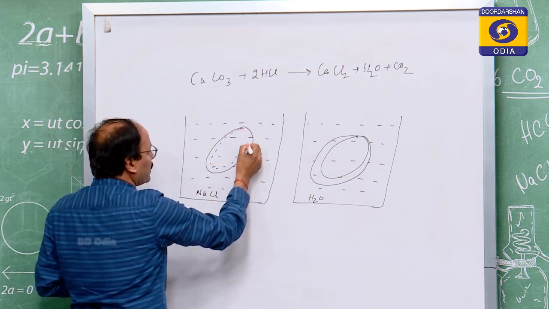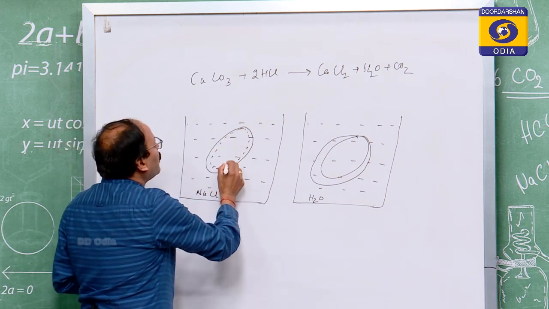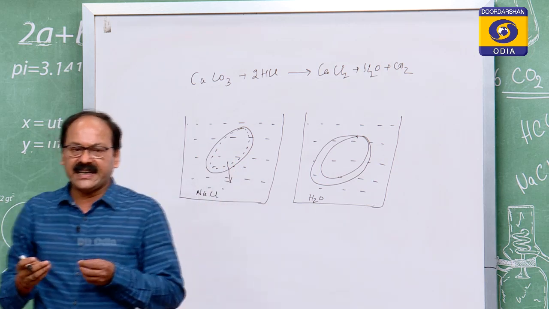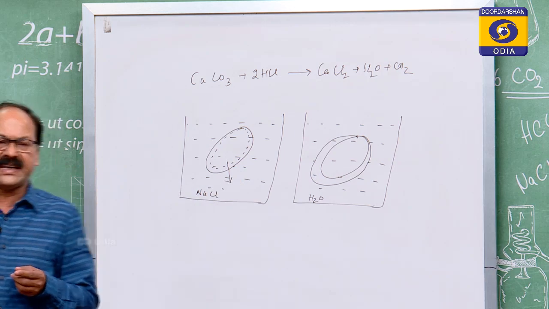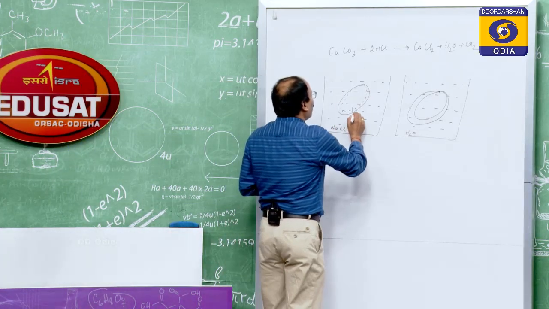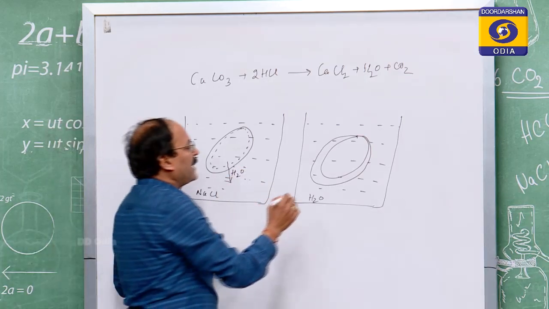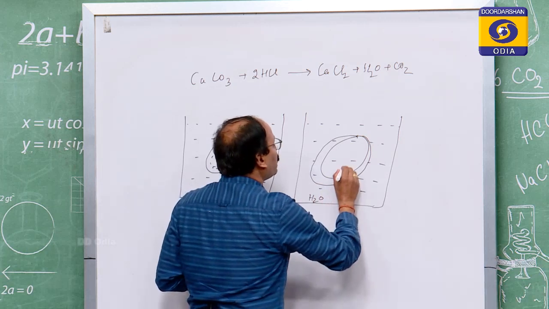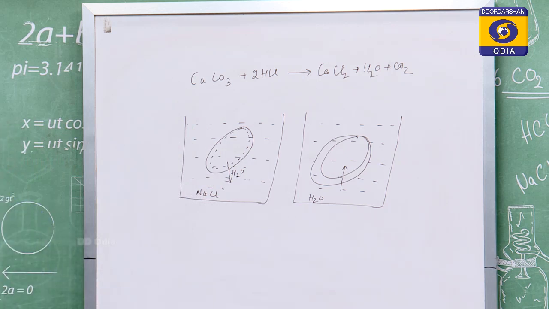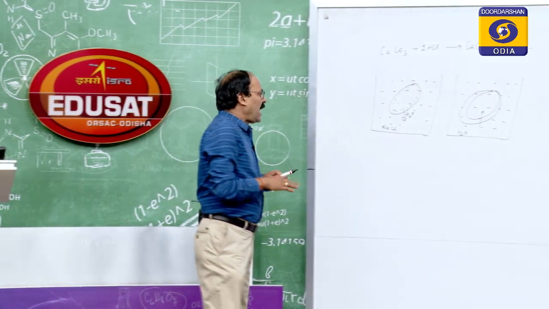This is because in the case of sodium chloride, water will come out of the egg. The water content of the egg will come out, so the size will shrink, because water flows through the semi permeable membrane. This is osmosis. And in the second case, water will go into the egg, so the size will swell. This is a very simple example to illustrate the process of osmosis.